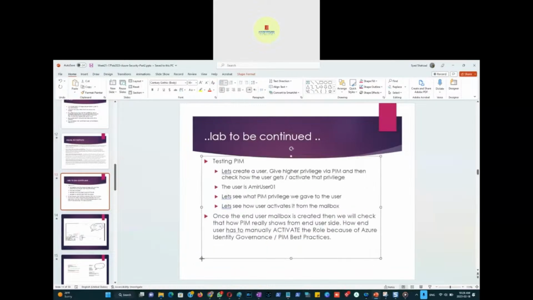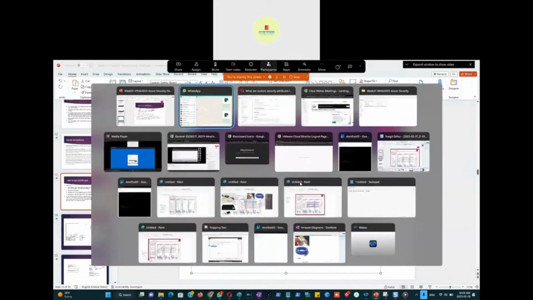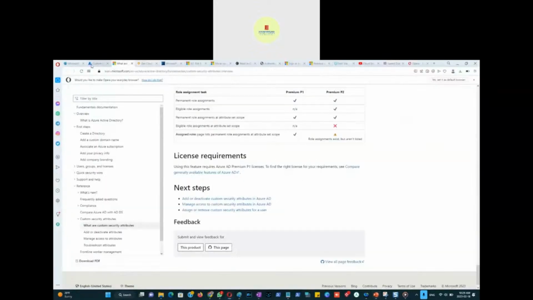So let me show you the whole process. Which is the user who has been given privilege via PIM? Can we give privilege without it as well? Privileged identity management. So let me just switch now to the directory. And also one more